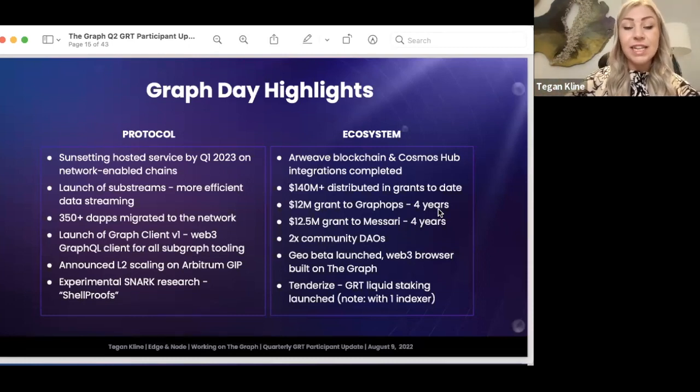And this is more efficient data streaming, something developers have been asking for forever. It allows syncing to happen much more quickly for subgraphs. And it also allows the amount of data that can be ingested to be much larger. So the use cases expand here. There were over 150 subgraphs on the decentralized network during Graph Day, the launch of the Graph client, the announcement